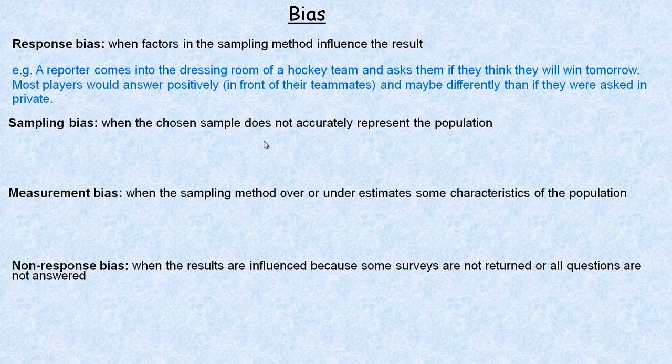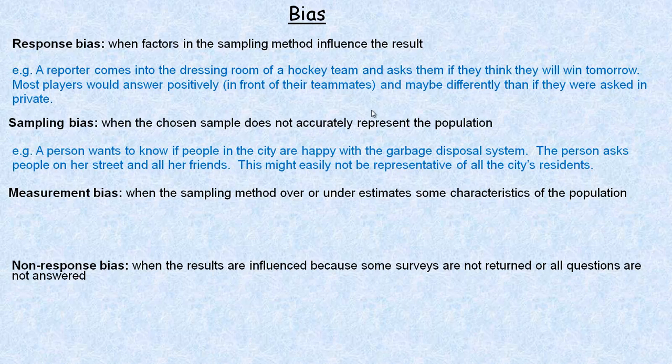Sampling bias is when the chosen sample does not accurately represent the population. So for example, let's say a person wants to know if people in the city are happy with the garbage disposal system. The person asks people on her street and all her friends, but this might easily not be representative of the whole city's residents. If the city had even 30 or 40,000 people in it, but all she did was ask a few dozen people, that's a pretty small sample. And so it's probably not going to give an accurate account of all the opinions of the people in the